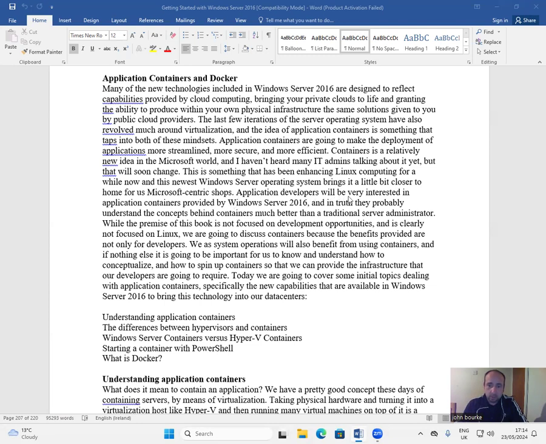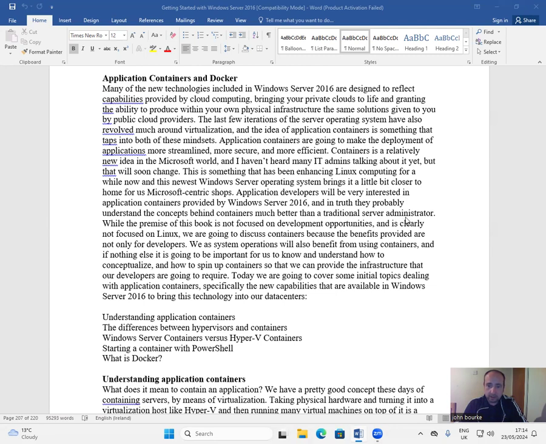Application developers will be very interested in application containers provided by Windows Server 2016, and in truth, they probably understand the concepts behind containers much more than